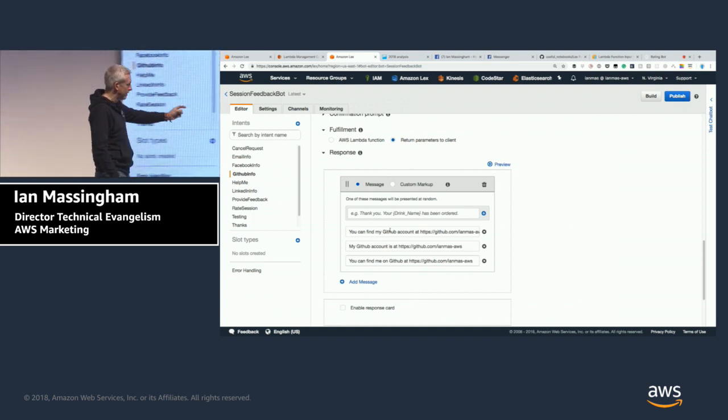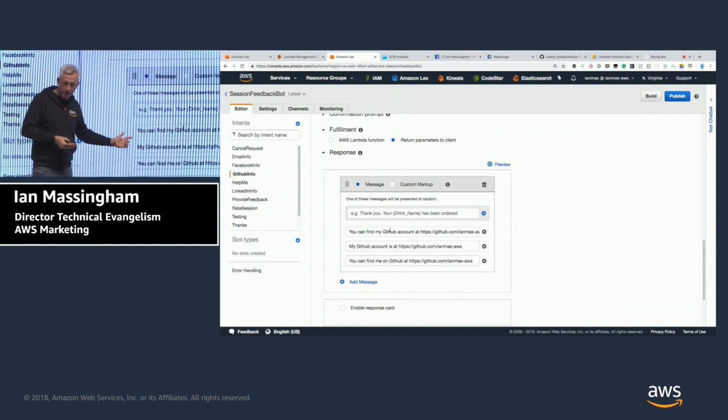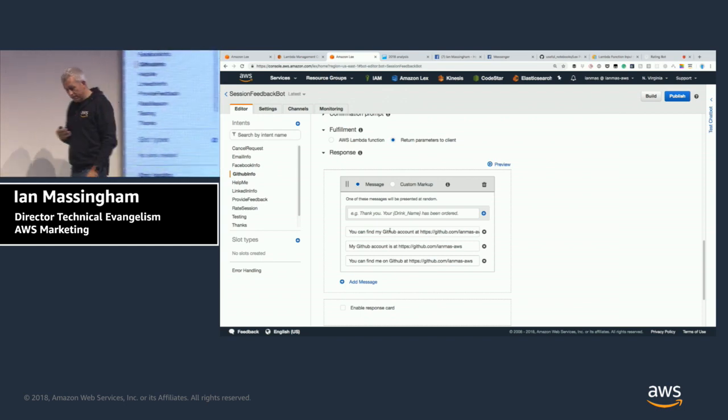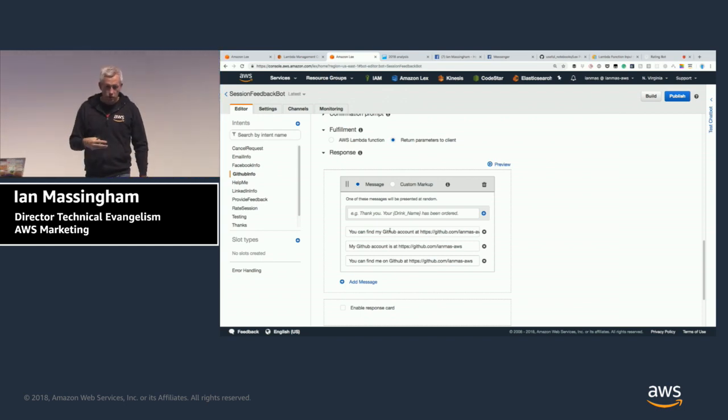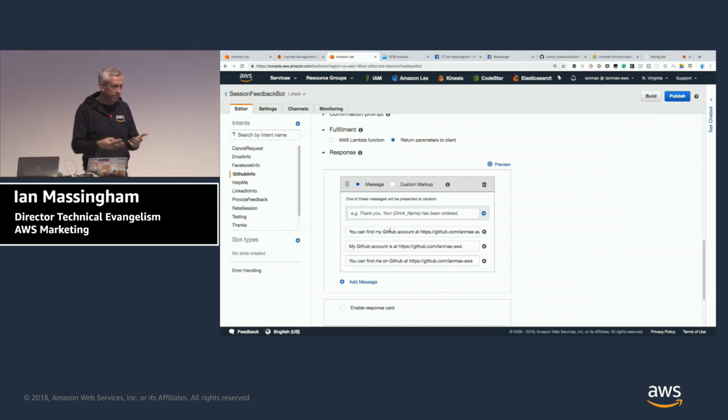You'll also see response randomization. So if you ask for my GitHub details, you'll get back one of these 3 responses in equal weighting. So you can have a natural experience where customers don't always receive exactly the same wording in response to the same request that they might make. It just makes it feel a little bit more like you're interacting with a real human.